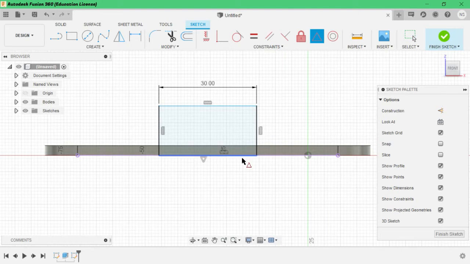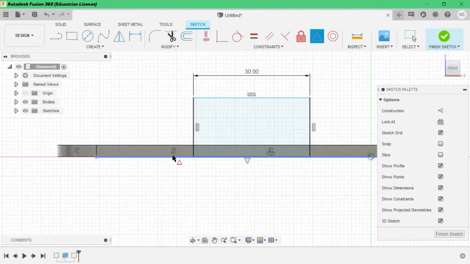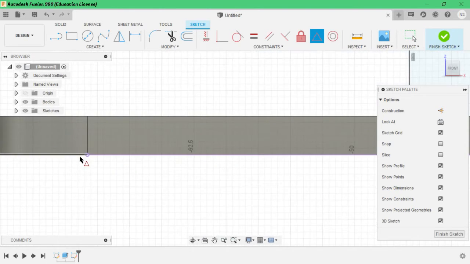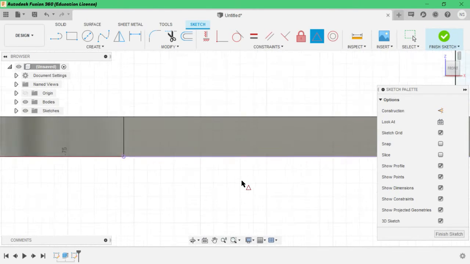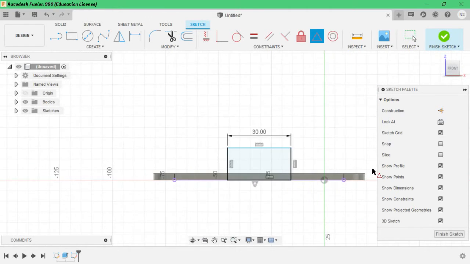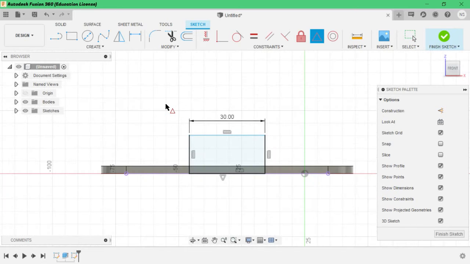See, while I created a mid constraint, the rectangle is in mid of this plane. Understand? The rectangle is mid to the lower line. Automatically the lower line is projected upwards. The next class we will talk about projection also. Now leave it for next class.